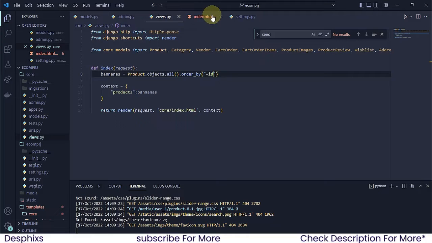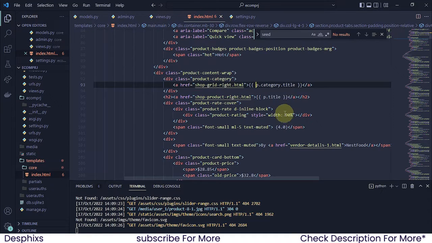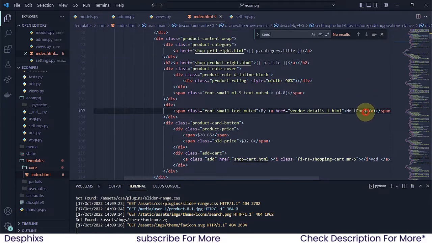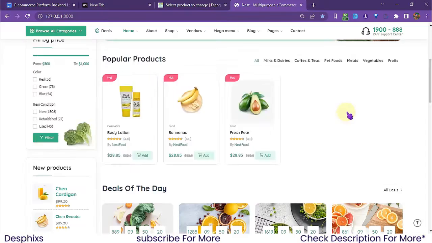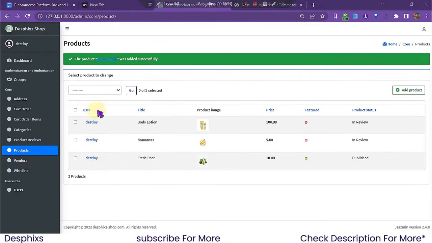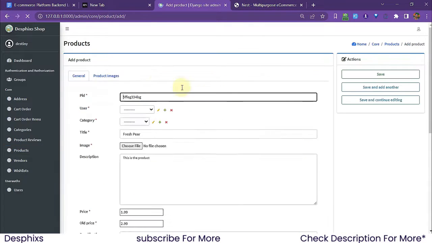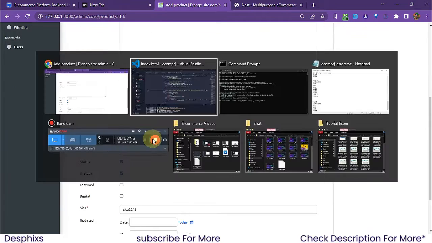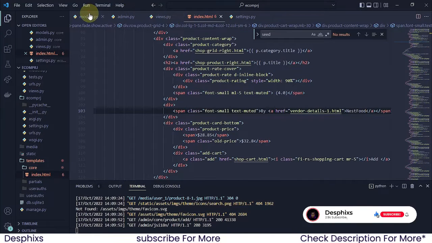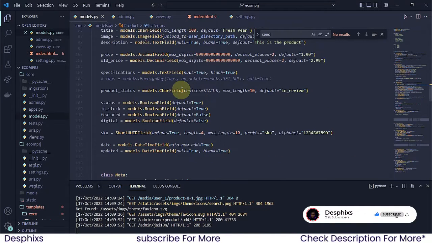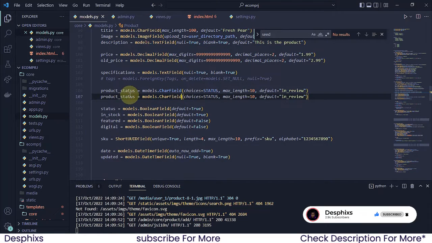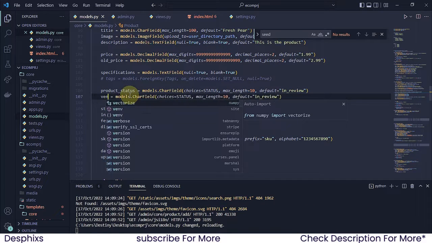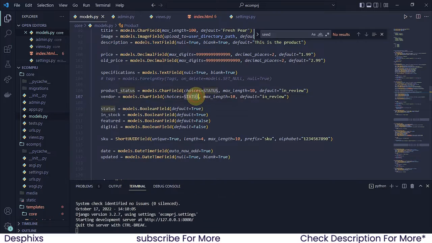Now what I'm going to do is I'm going to come over to the index, and I'm going to keep changing up a couple of things again. For example, this next field over here is supposed to be for the vendors, but we ain't got no vendor now. Whenever we're trying to add a new product, as you can see, we don't have the space to choose a new vendor, or the drop downs to choose a new vendor. So what I'm going to do is I'm just going to duplicate that product status, and I'm going to change this to vendor, and this should